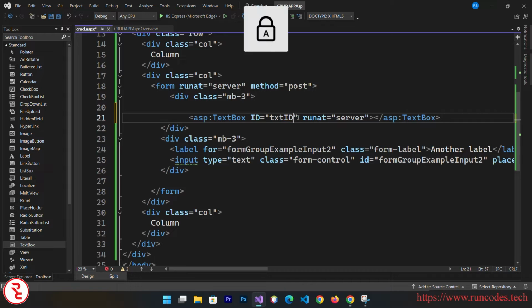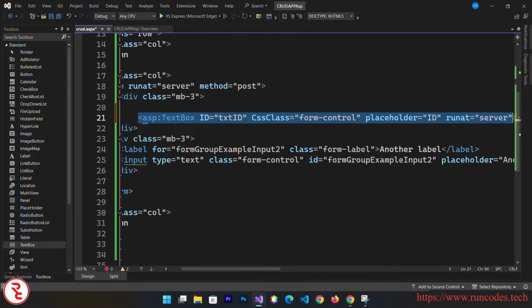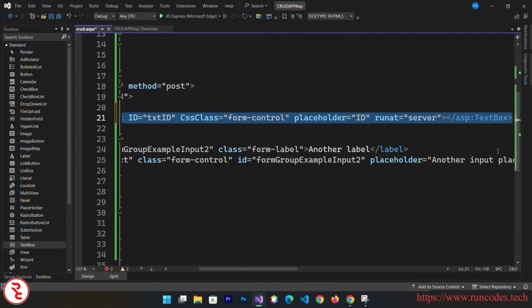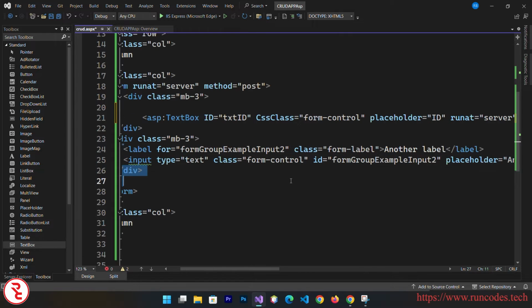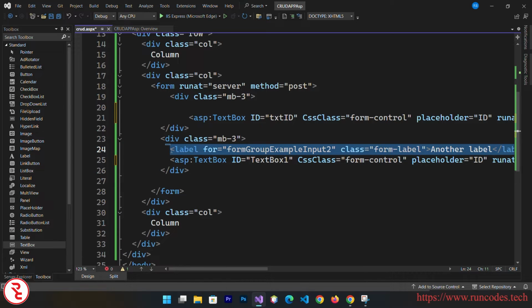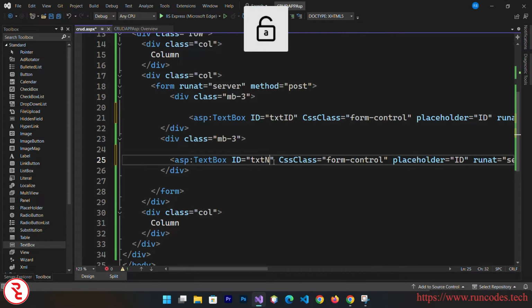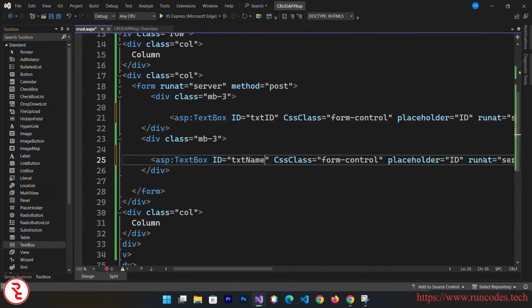goes txtId, and CssClass is equal to form-control, and you can also give placeholder is equal to id, and simply copy this and here simply paste it, and we don't need this label, remove that, and here goes id txtName, and CssClass, placeholder is equal to like run,